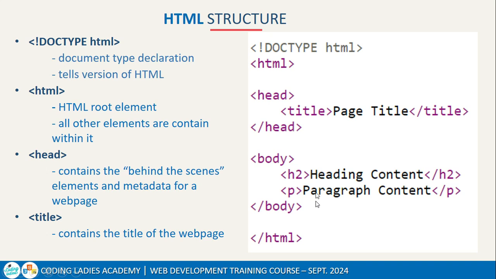And after the HTML open tag, there is the head. The head contains some of the things that are behind the scenes, so you don't see them on the web page. We have metadata. You can give a description of the web page, the title of the web page, and stuff. The title of the web page is put between the title tag. So this title is what will appear